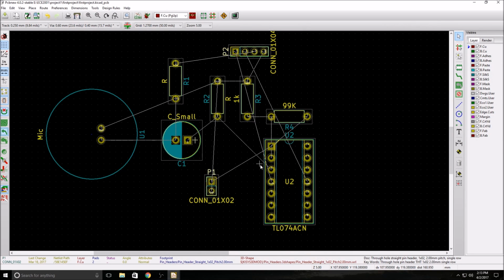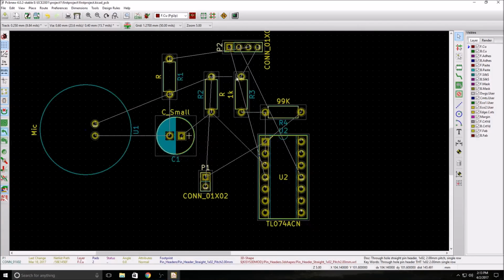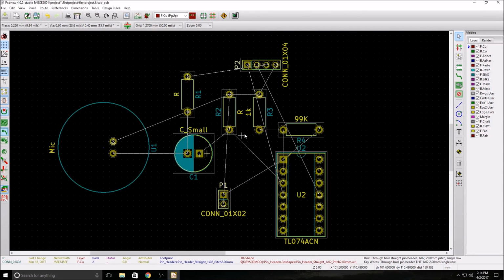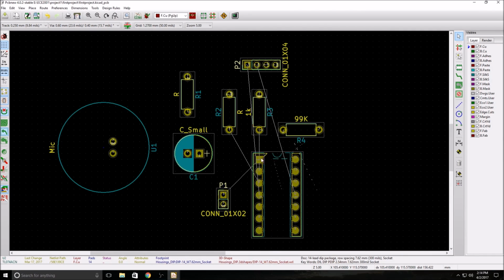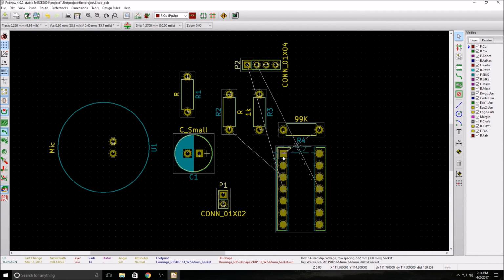Now usually when you're trying to minimize for noise, you want to minimize the track length, and you want to also have all the inputs and outputs on the same side of the board. And there's a couple of reasons for this. Mostly it has to do with ground loops, but we're not going to go over those design constraints. This is just to get you started on using the actual program. So now we have a general, very messy